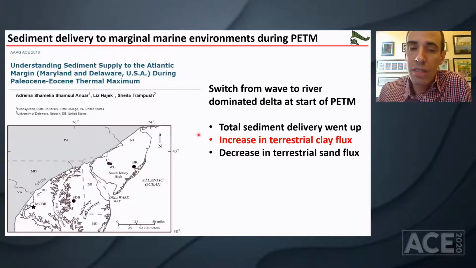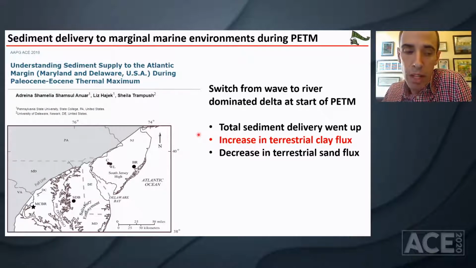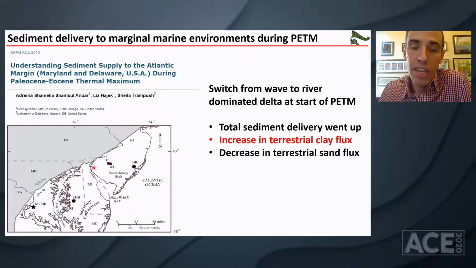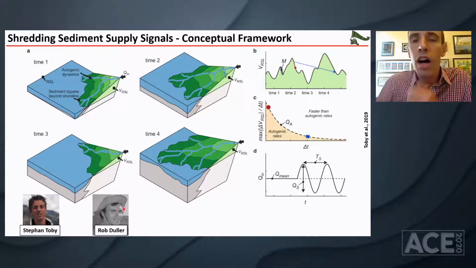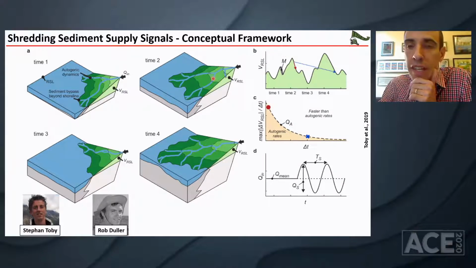There are some locations in the PETM where we think that there was a dramatic increase in the sediment supply during the PETM. So maybe it impacted the shape or style of your deltaic environments. For example, here, a location is being worked on the Atlantic margin. So we ran some experiments on this in my lab with a PhD student, Stefan from Liverpool, and his advisor, Rob Duller. And the idea here is that if you have a sediment routing system, even when this sediment routing system is just